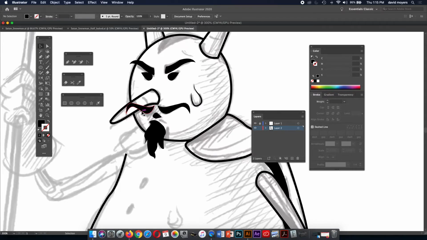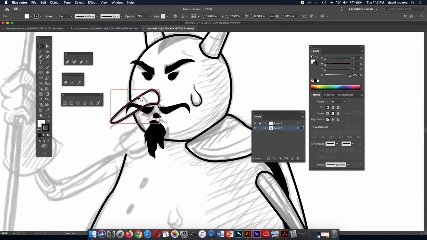But let's say that we want this shape to go behind this shape. And we have a bunch of other shapes here. And this shape, if we bring it to the front, it may bring it too far to the front. Well, we can always move shapes a different way. And that is, I can select this mustache shape that I brought to the front, and I can cut it,